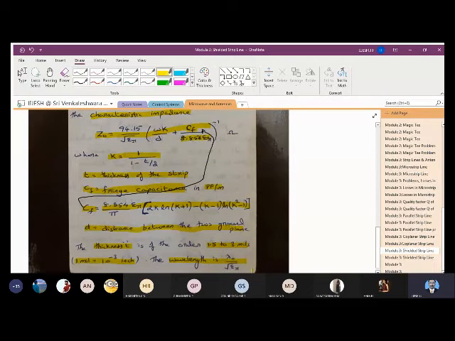So these are the equations to find the characteristic impedance of a shielded strip line. From the beginning we have been writing the characteristic impedance of a microstrip line, of a parallel strip line, as well as for the coplanar, and now we have also completed it for the shielded strip line. We have to solve some problems here. We'll do that.